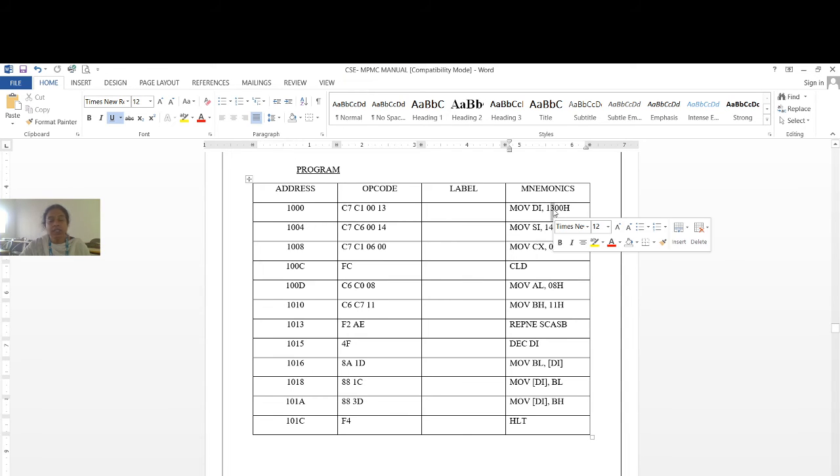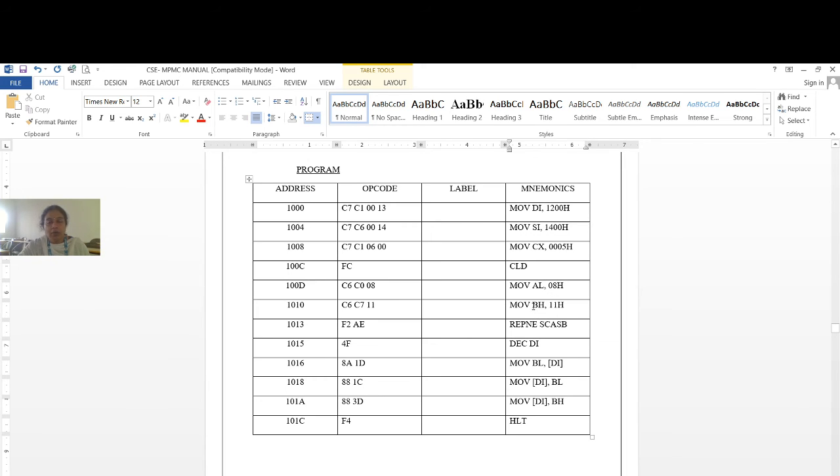In the previous case we took 1200, so here also we take 1200. The result we are going to store in 1400. MOV CX, 06. We have taken 5 characters, so we will change it to 5. Clear direction flag, which means we search from 1200 to 1204. Once again we give the character 08, and we search whether 08 is there in our array.